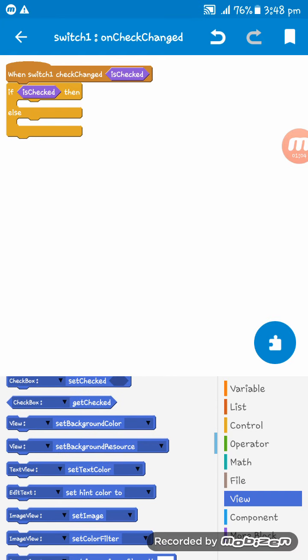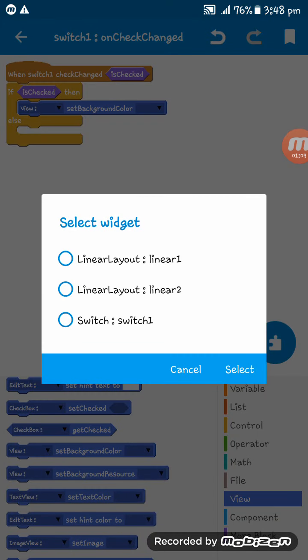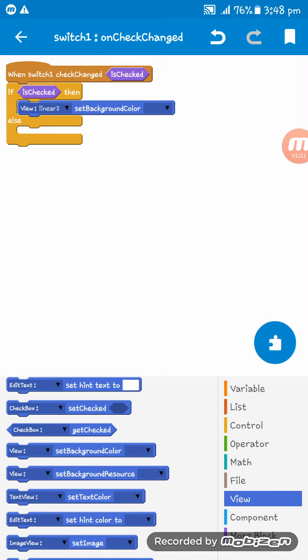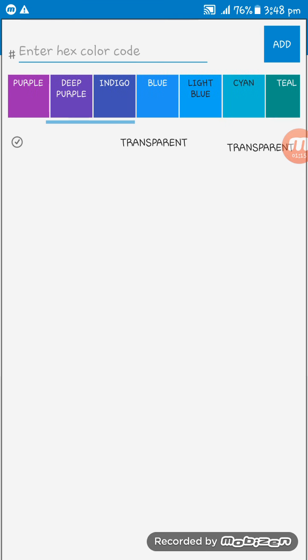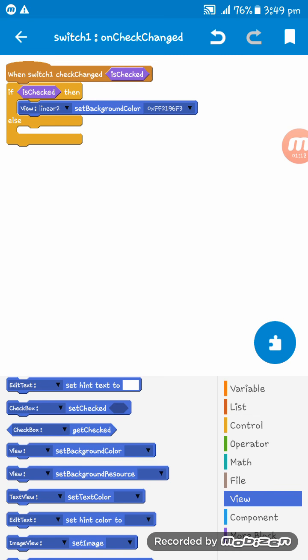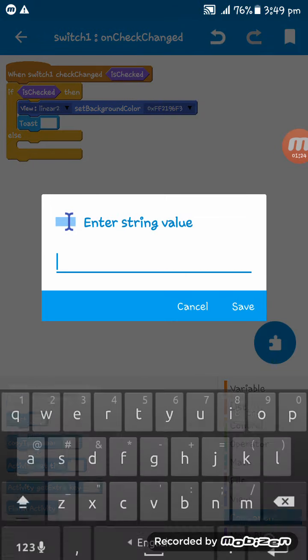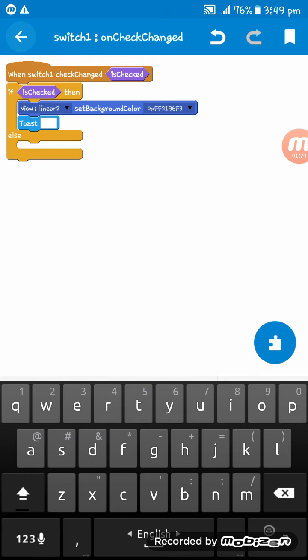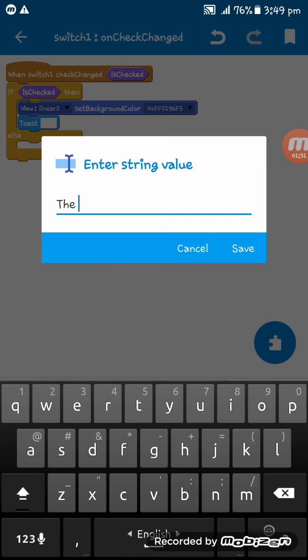set background color of linear to blue, and then toast the color is blue,